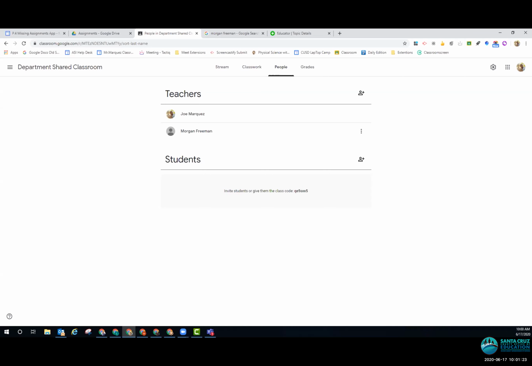And now you have all of these classes, and sometimes they may be named very similar, and you go in and accidentally add an assignment to another teacher's classroom, and then you don't know why it's not posted in your classroom. So it gets really confusing if you're sharing with all of your department, because you're going to end up with 5 classes of almost the same thing. This creates one class, one repository, and just one extra tile on your Google Classroom screen. So it really limits the chance of posting to the wrong class or deleting something by accident, because trust me, that has happened before. And it just really helps things out.